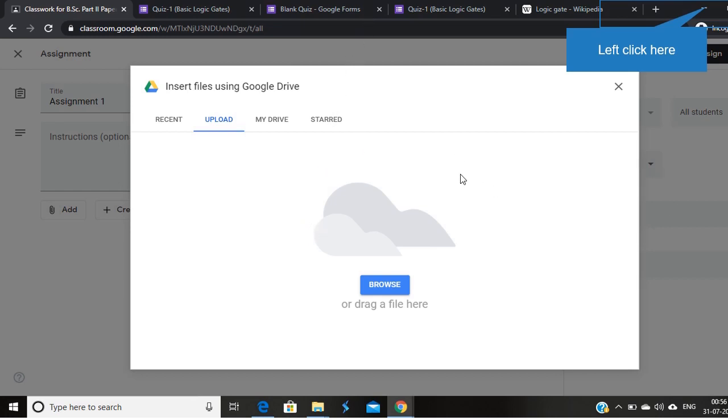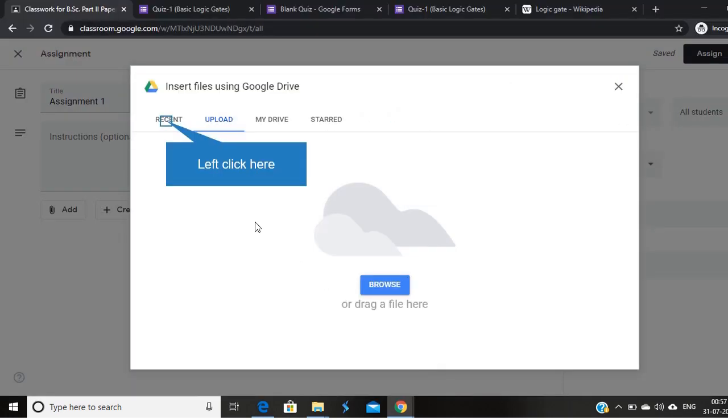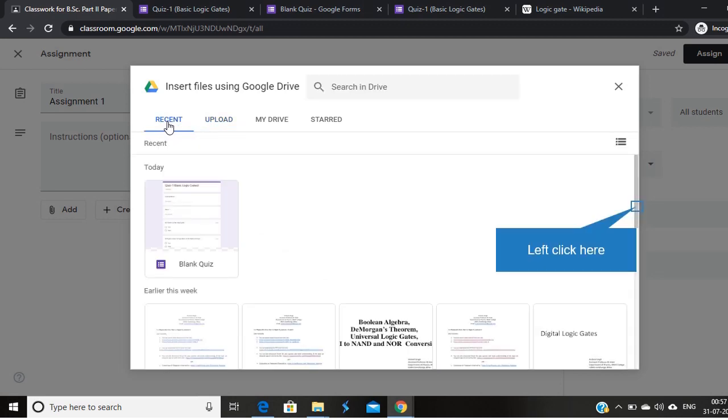Suppose you want to upload a file from My Drive, then click on My Drive. In Google Drive, in the Sent option, you can see that the previously created quiz is saved here in this Google Drive.